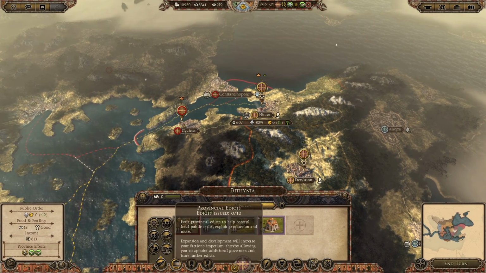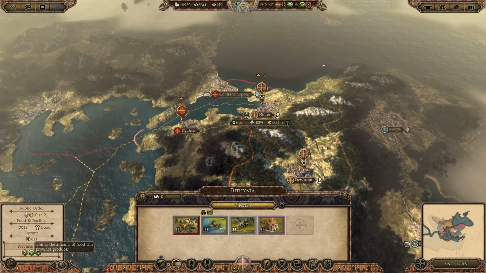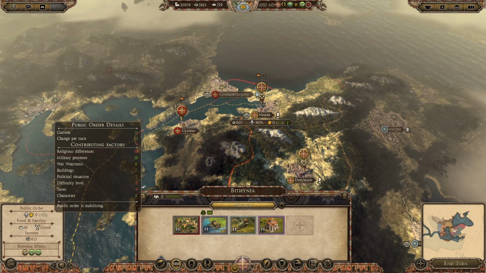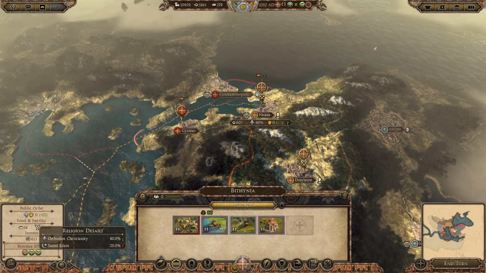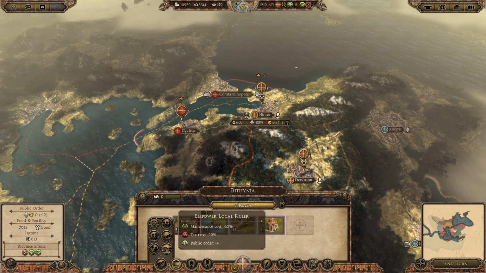We're going to have to issue some edicts as well. So, starting with Nicaea, we're low on food. We have a lot of religious differences, actually, which is interesting. Sunni Islam. Who would have known? Must be the Seljuks, of course. All right. Well,